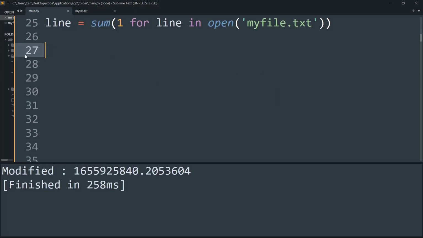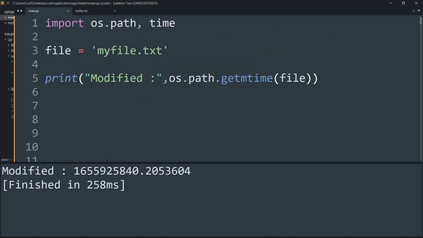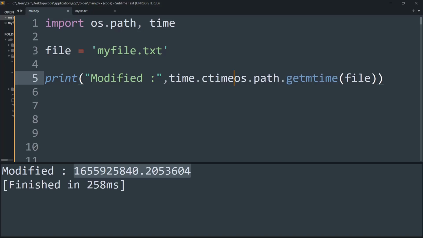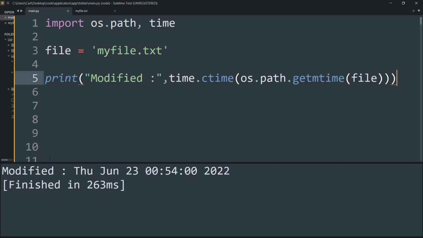And if I run this, as you can see, I'm getting the modified date as a weird timing which I really can't understand. So now I'm going to make use of the time function, and I'm going to use another function called ctime, which allows us to obtain the time in a more readable fashion. So as you can see, we get the modified date as Thursday, June 23rd, as well as the given time